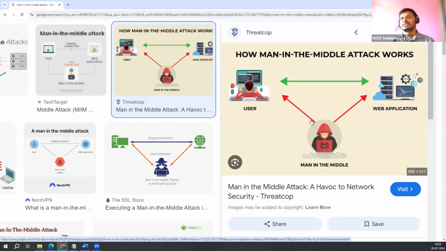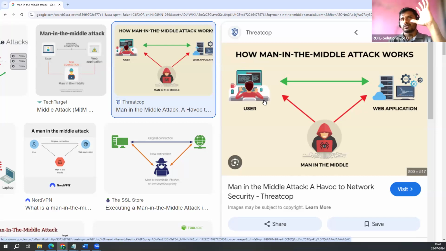Now with the help of this session ID, this interceptor will pretend to be Bharat. It means he is using my identity to access this bank website, the bank server. Once he captures my session ID, with the help of the session ID, my whole account details will get exposed to this middleman, right? He can do whatever he wants to do. He can transfer the money, he can do whatever he wants,